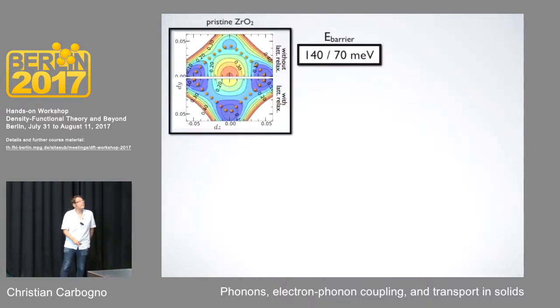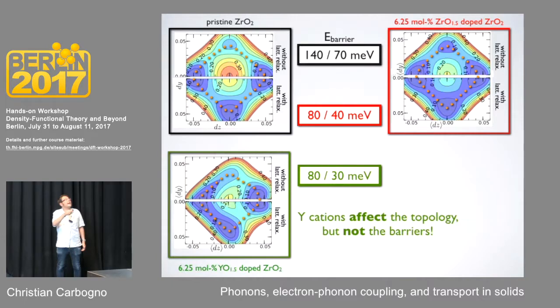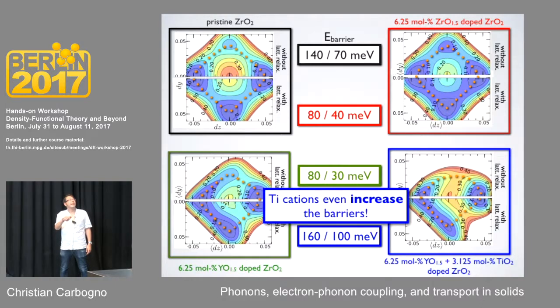So these are the plots for pristine zirconia. You can add vacancies, which shows you that you can reduce the barrier, and with that you would increase anharmonicity because these jumps or switches would become more frequent. You can add yttria and the vacancy, which would slightly distort the topology and also give you slightly different barriers. And you can even add additional dopants that allow you to increase the barriers if you want to increase the